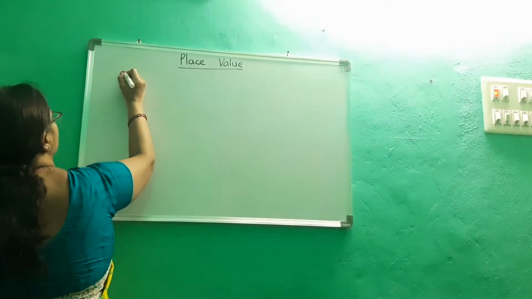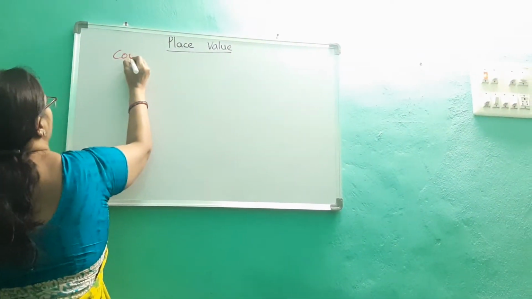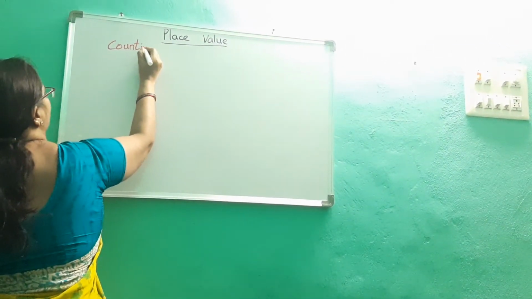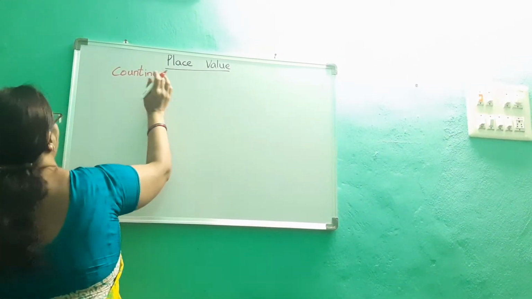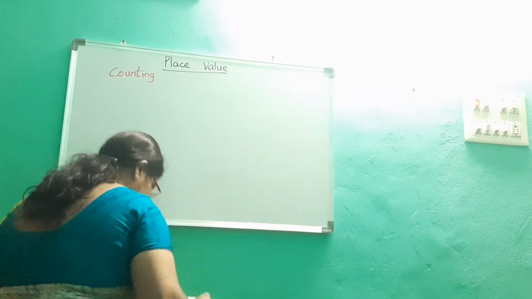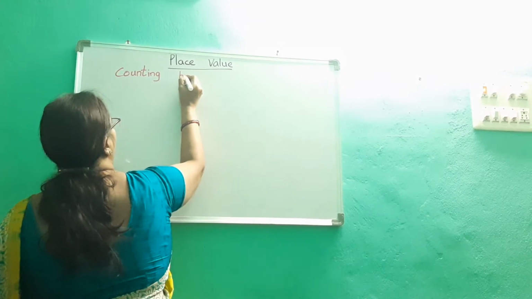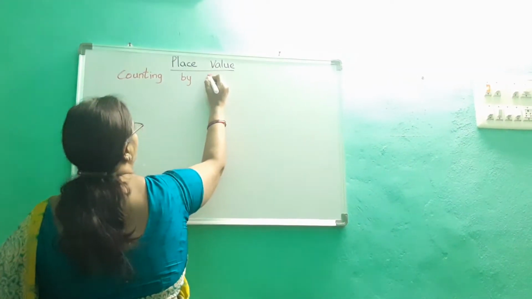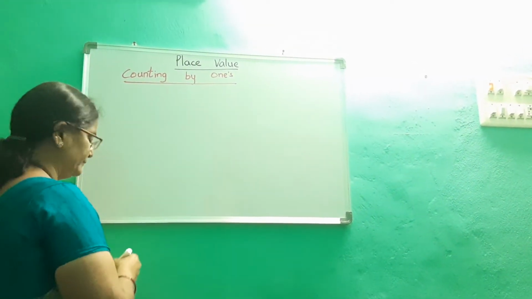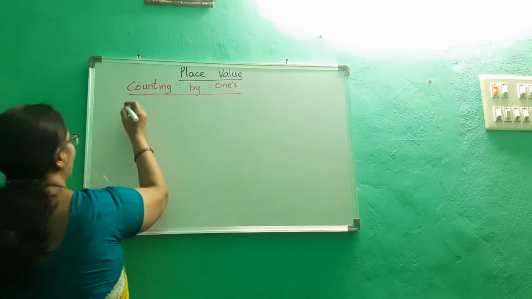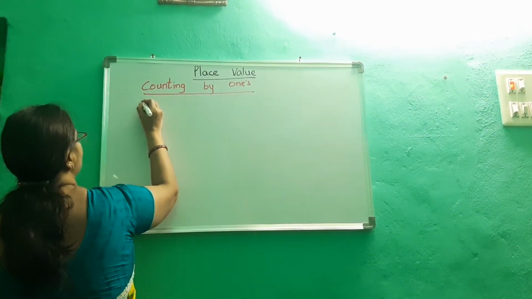Count by ones. You write the heading counting by ones. Yes. Now, after that, you underline this one with the red pencil, children. Now, next you write